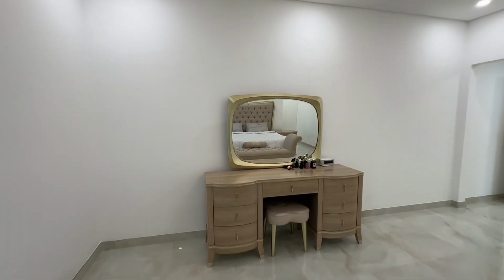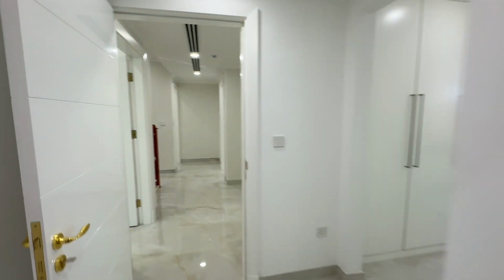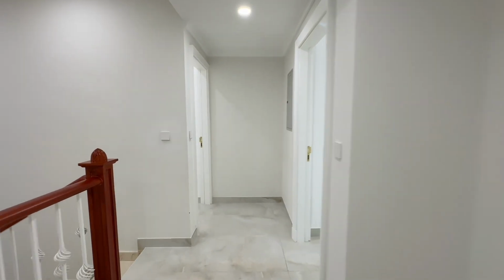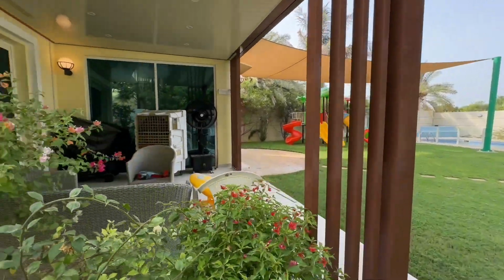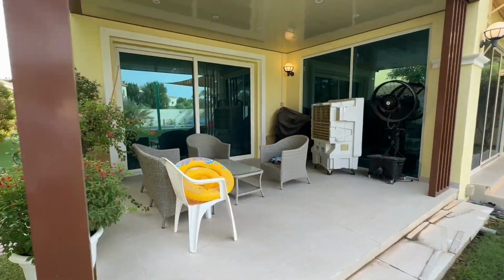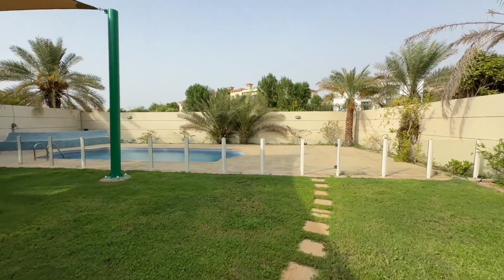Very beautiful villa, fully upgraded, fully usable for a large family. Now we will head towards the outside, which you will see you have a beautiful large garden, fully landscaped, children's play area,